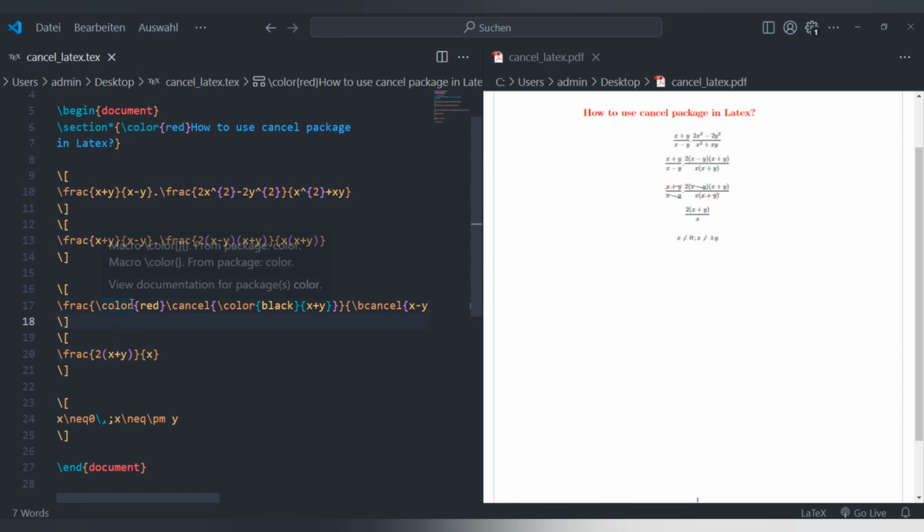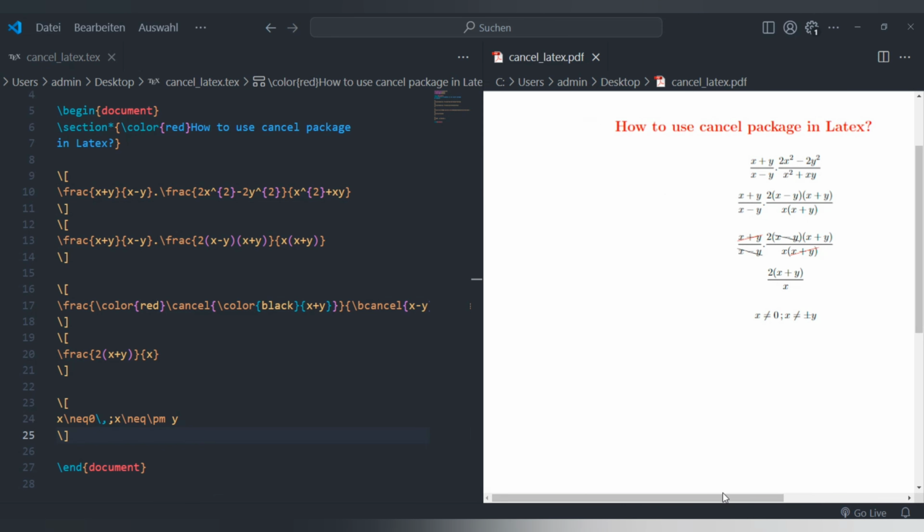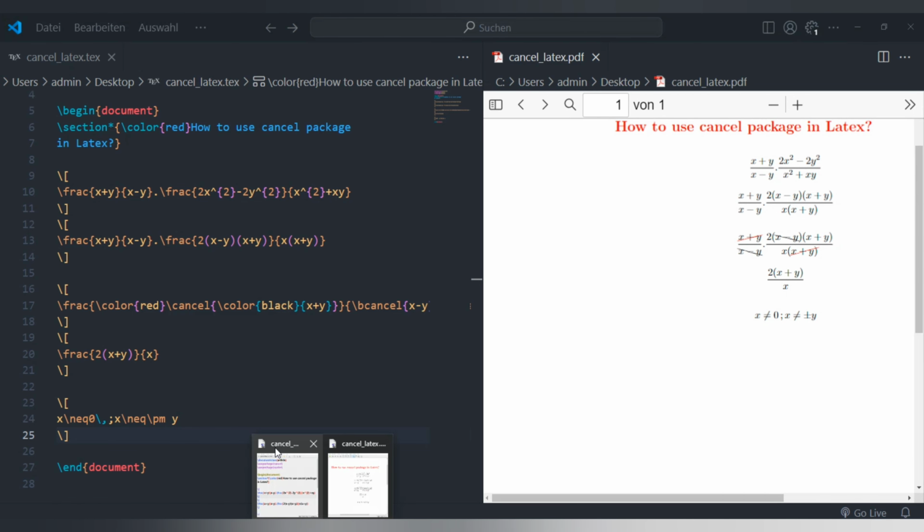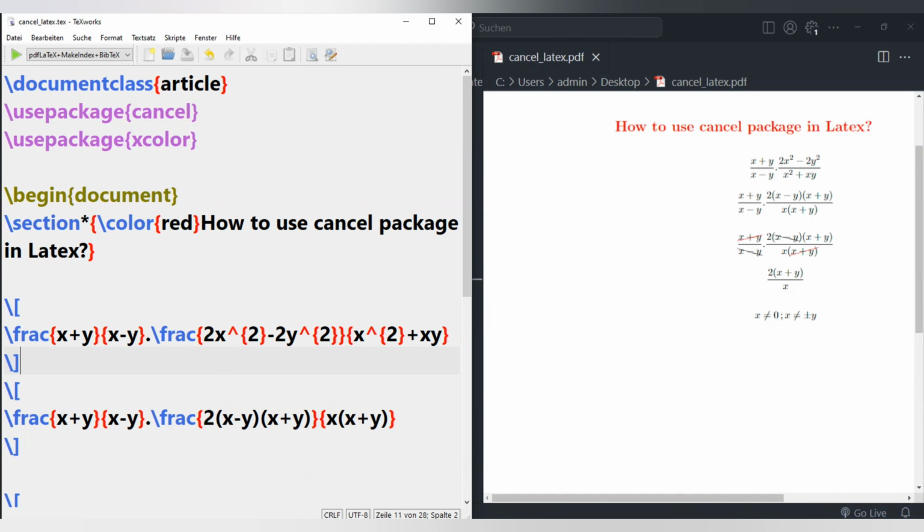So that was all from my tutorial on how to create nice mathematics expressions, and it's up to you if you will use Visual Studio or this LaTeX document